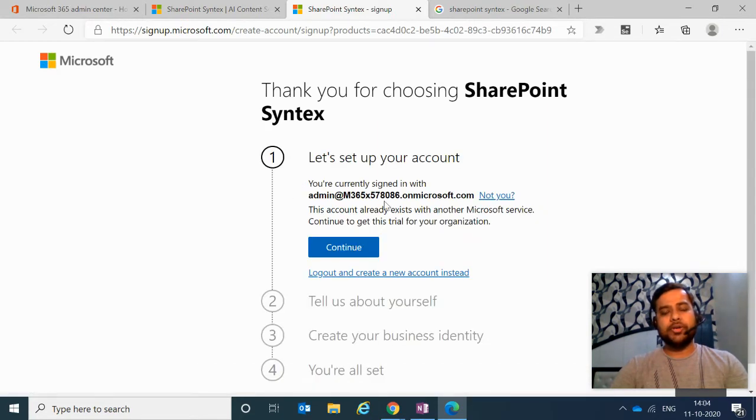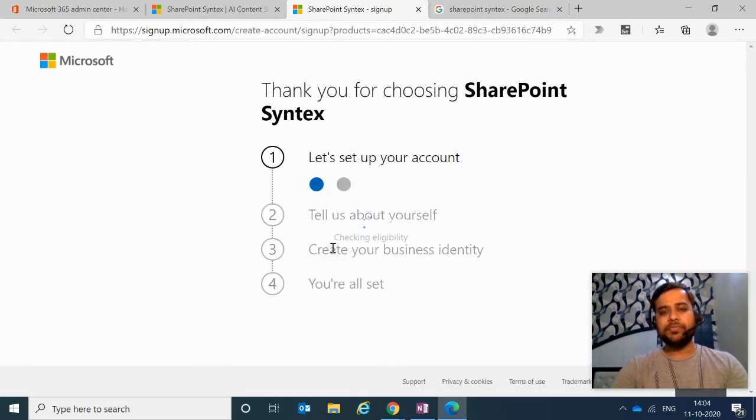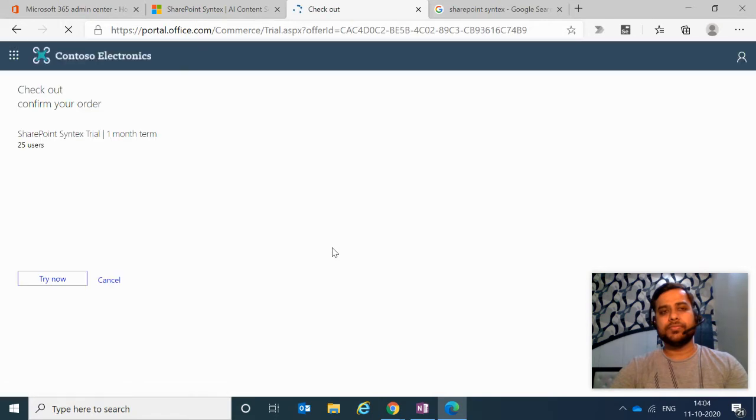Currently I am logged in to my Office 365 tenant with an admin account, a global admin account. So it is not giving me an option to sign in. Otherwise, it will first give you the option to sign in to the Office 365 tenant. So once I click on continue, here on the checkout page, it is giving these details: SharePoint Syntex trial, 1 month term for 25 users. So it is a per user license and you can assign 25 licenses to 25 different users in the tenant for the trial term. So once I click on try now,